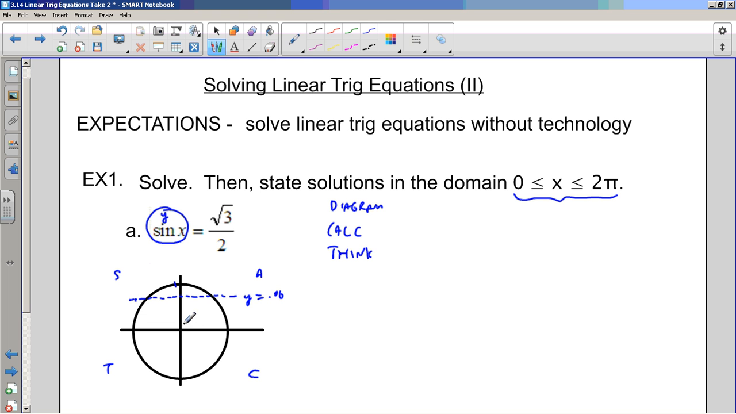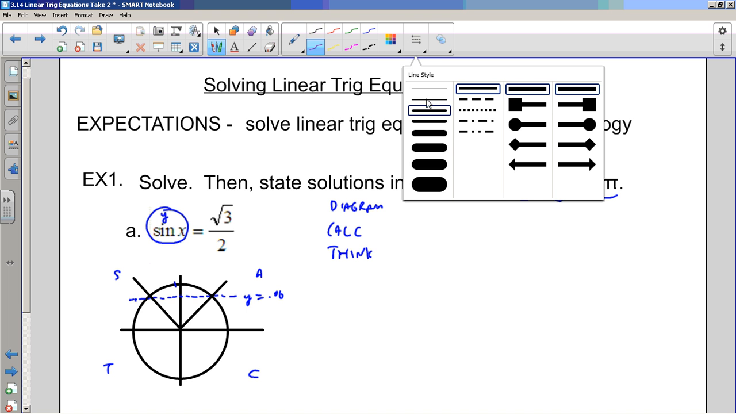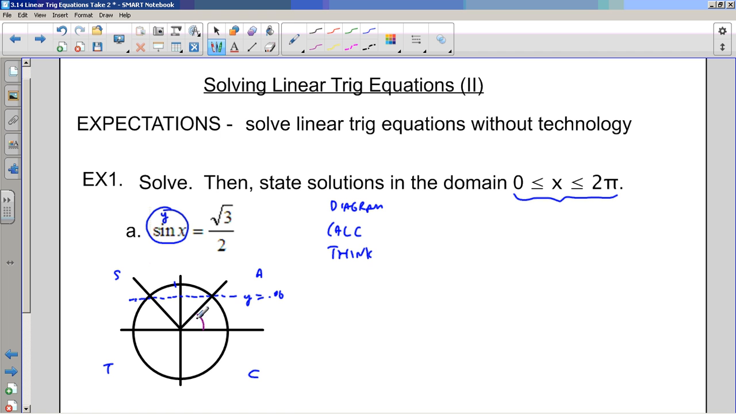And so that actually gives me my two terminal arms. I have one in the first quadrant, the sine is positive, and I have one in the second quadrant, the sine is positive. That's my diagram. There are my two solutions. Let me just write them on there. So this is kind of like my x1, and this is kind of like my x2, my second solution between 0 and 2 pi. So there's my diagram, and notice I could use my calculator, but